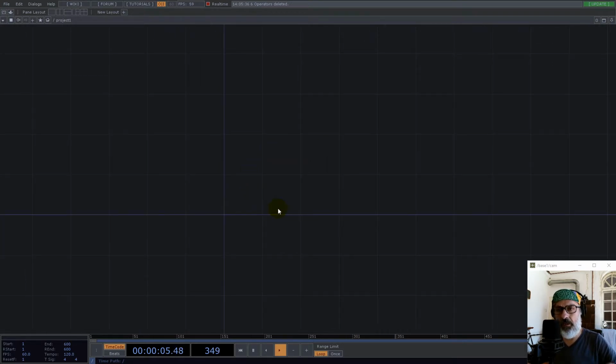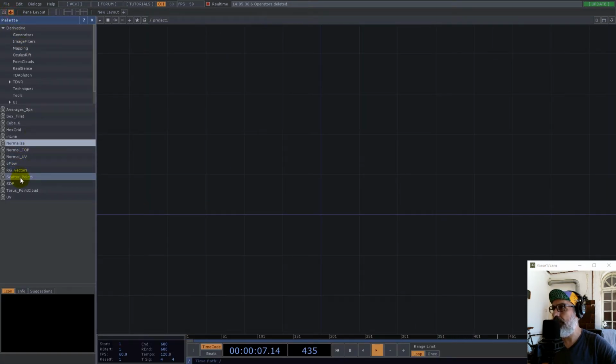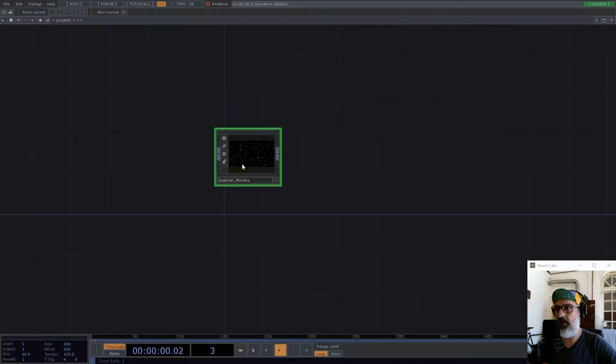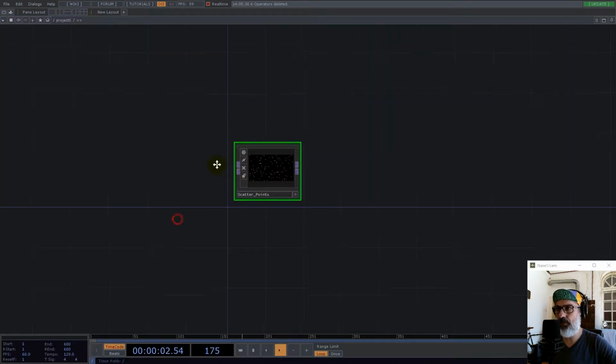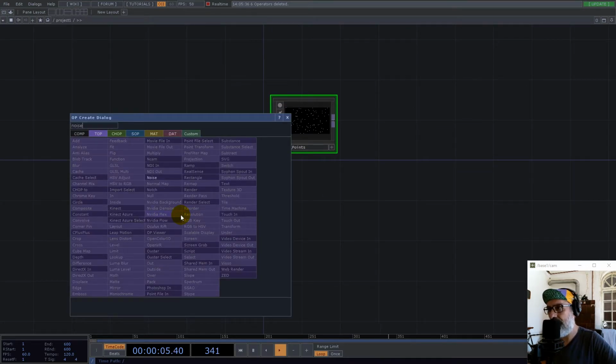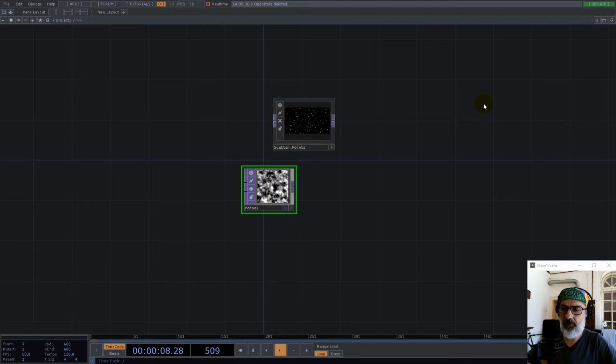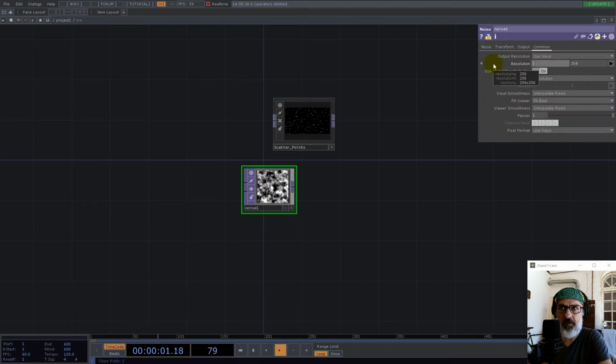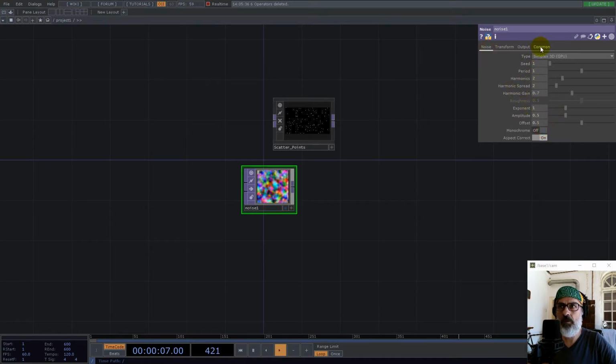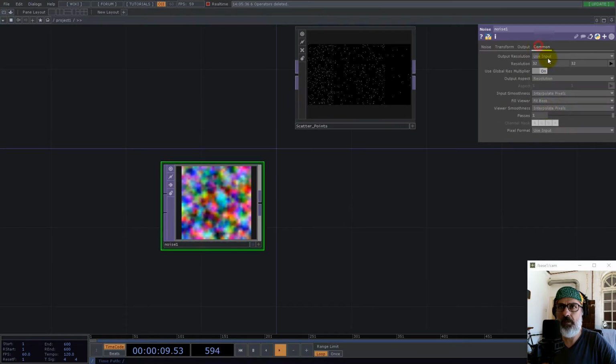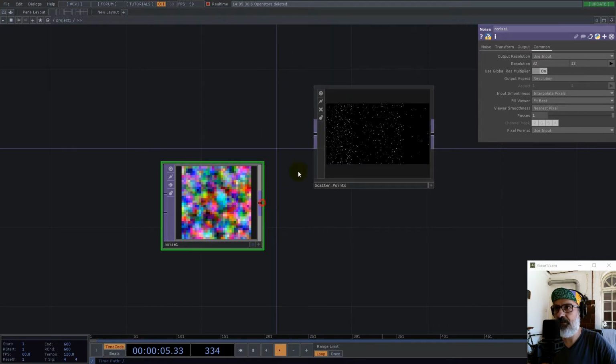So I would like to have only a couple of points, right, in a UV, and for this we go with the tool scatter points. Okay, now the latest version for this has an input, okay, and let's go with a noise, okay, and for the resolution let's go with 32 by 32, okay, and this not monochrome, okay, and yeah, we're good. Let's have this nearest pixels. Okay, now if we connect here, okay,